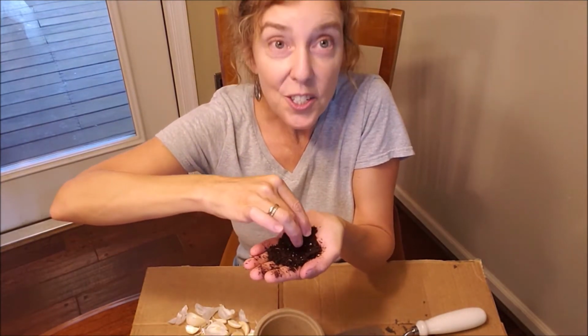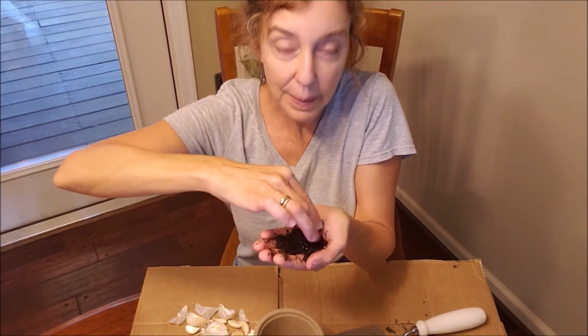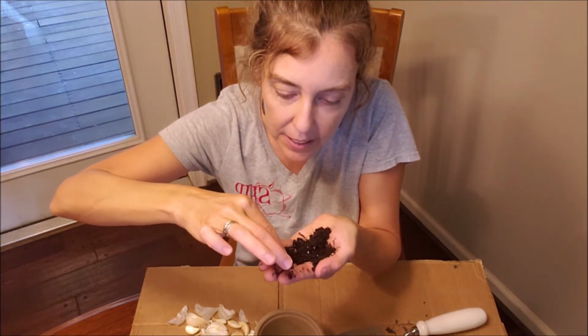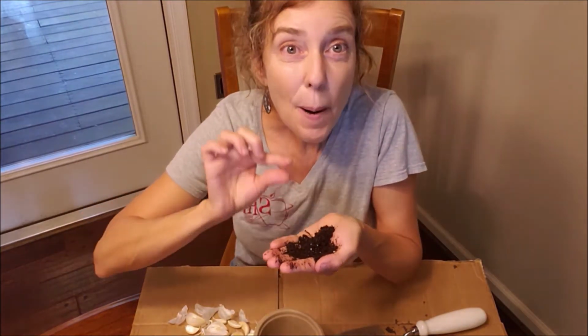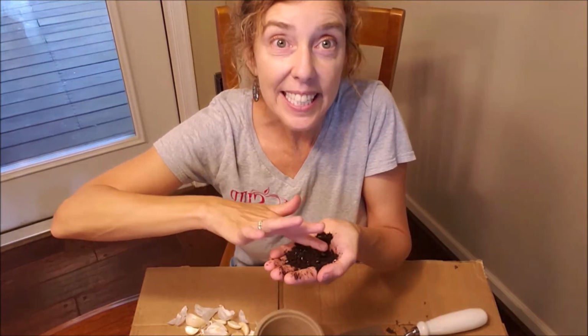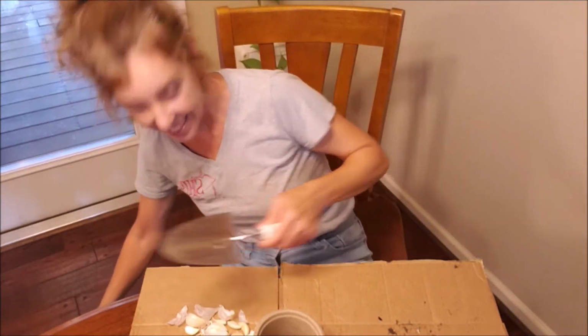So it's full of nutrients, and it's going to have lots of air spaces for the plant's roots to grow. And it also has these little white flecks in there, little white dots. Do you know what those are? Those are called perlite or vermiculite, and they're puffed, sort of like a puffed up popcorn kind of sand. And those create lots of air spaces for the roots to grow and for the water to get to the plant's roots. So we have our nice potting soil, and we're going to take our trowel and fill up our